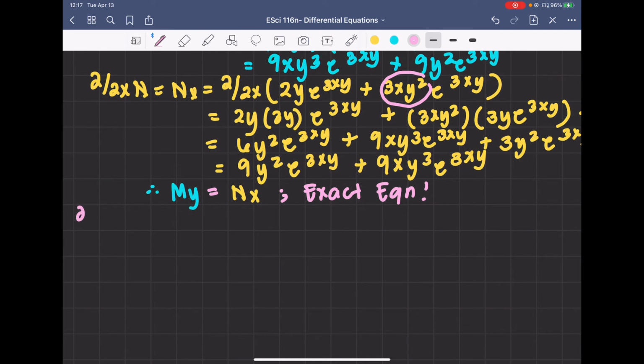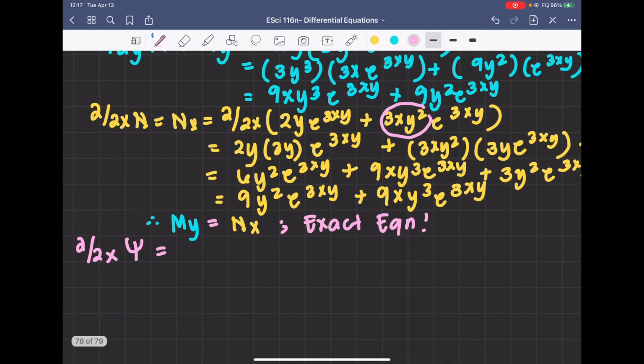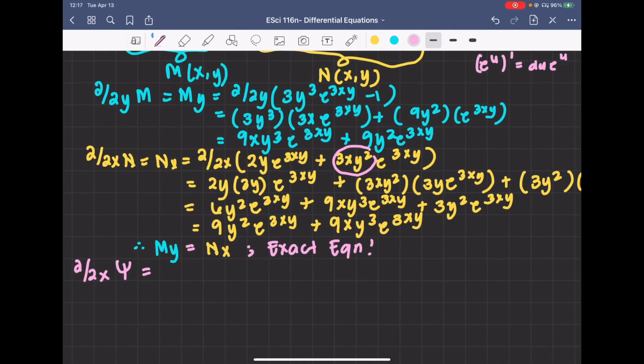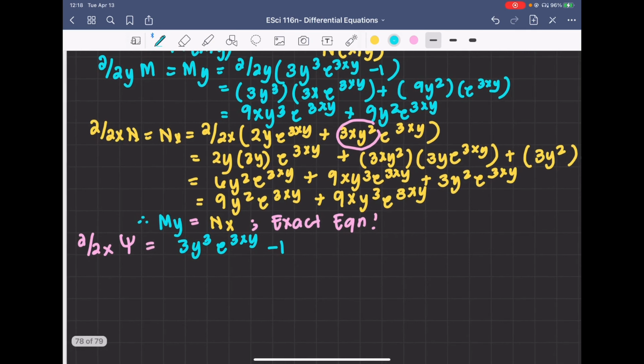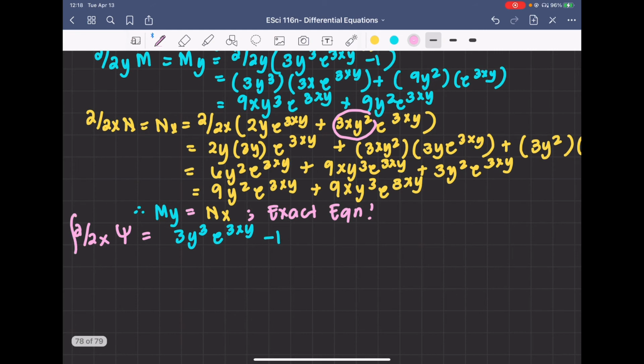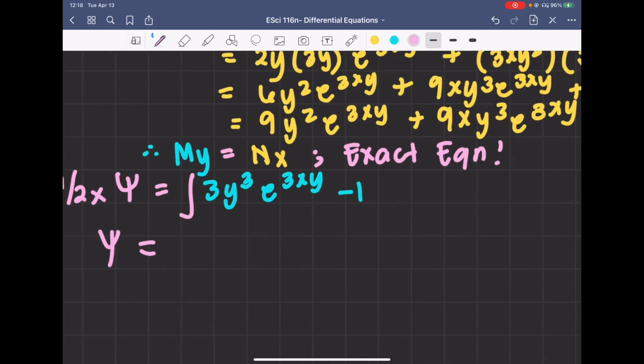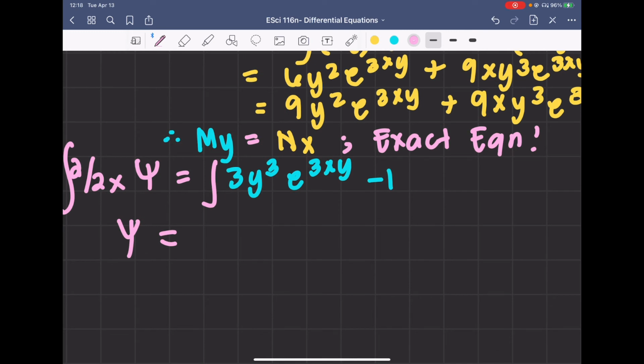We have here the partial derivative of our psi with respect to x. That is basically our M. So our M is 3y cubed times e to the 3xy minus 1. So you know what to do. Integrating both sides to get our psi. And our psi is